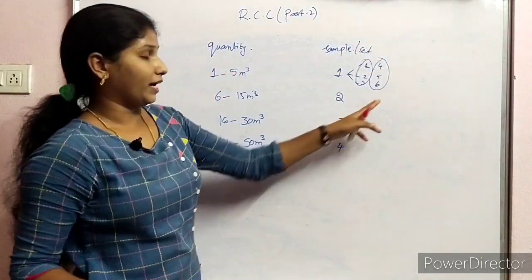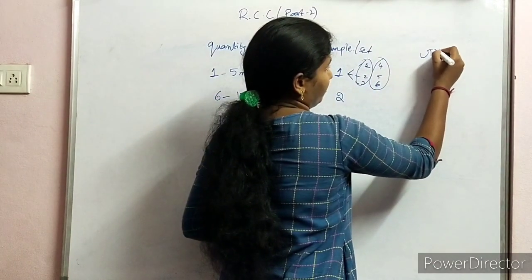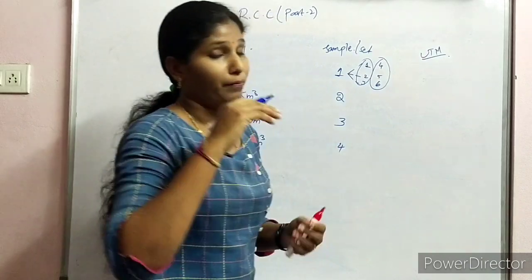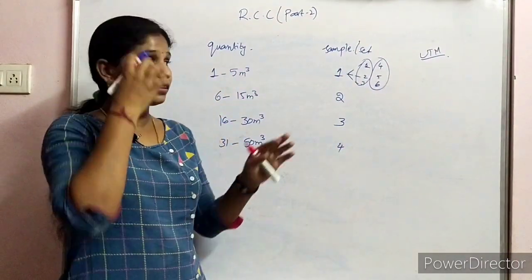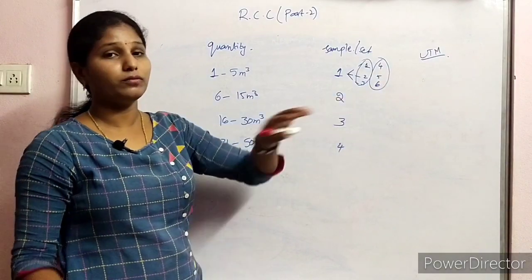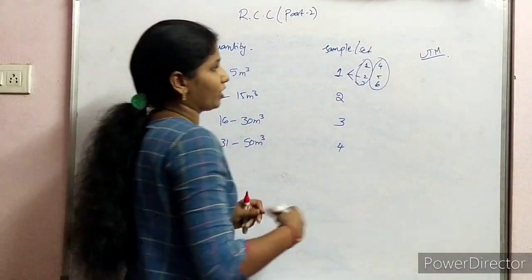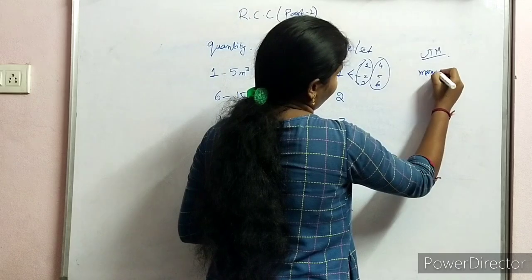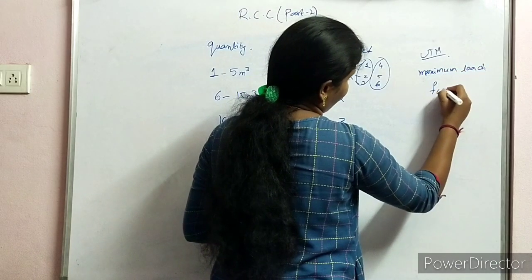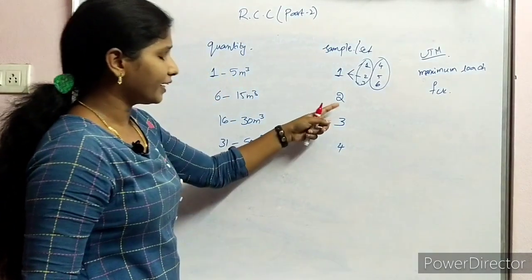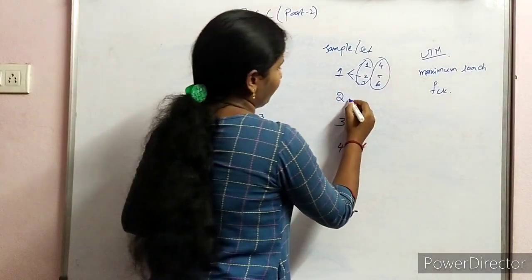cubes under the UTM machine by applying compression load. The load at which the cube breaks, that is the maximum load of that cube, is called the compression load, and it is denoted as FCK. Here two sets means we have to take